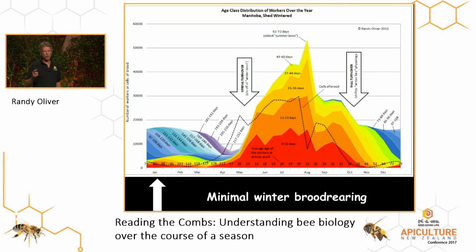This is from Manitoba, Canada, where they do have a long, severe winter where the bees shut down and there's no pollen for about five months. So we're going to start at winter solstice right here. And they had started a little tiny bit of brood rearing in the middle of winter. I don't know what the stimulus for that is, but you can put bees in a shed, close it off completely from the sun, so it's completely black inside that shed, control the temperature so it's constant all the time. This is very common, shed wintering in Canada, and they're going to still start brood rearing at the right time, independent of any external factor that we could possibly see, and we don't know exactly how they do that.